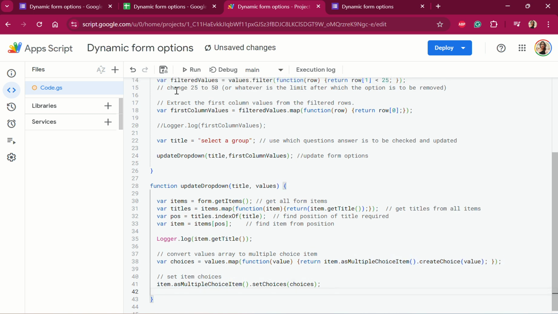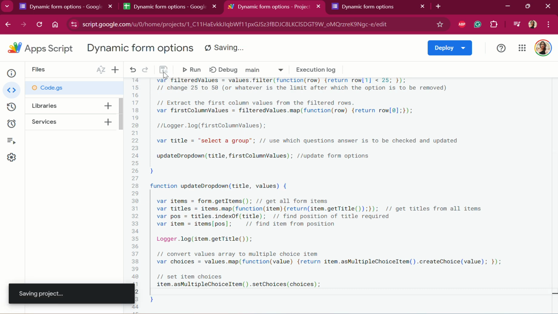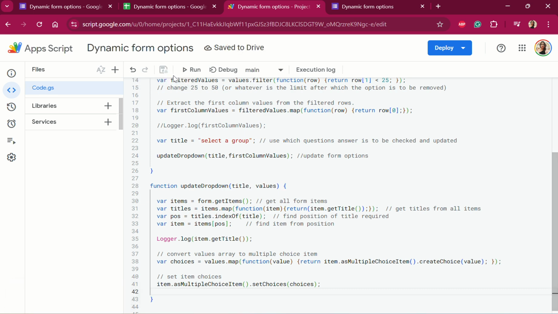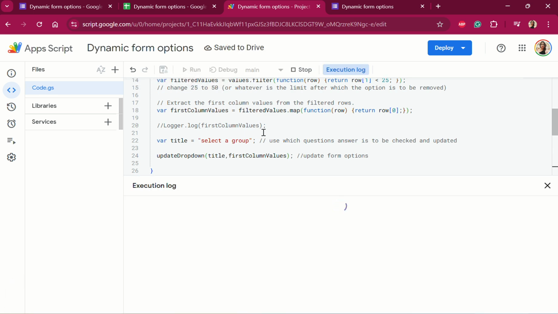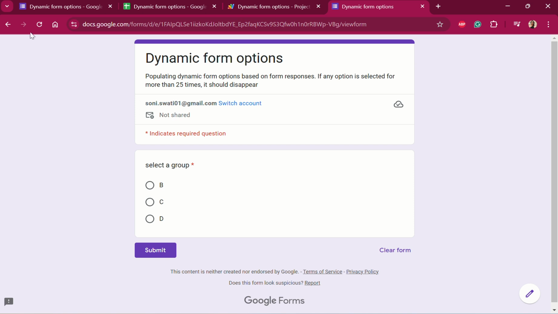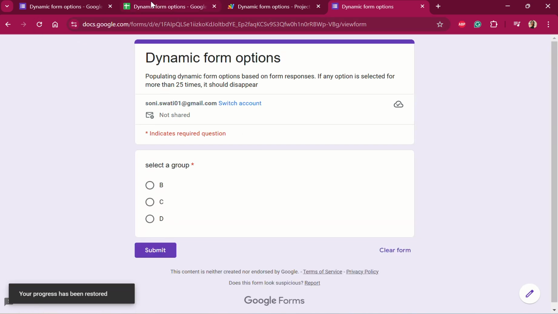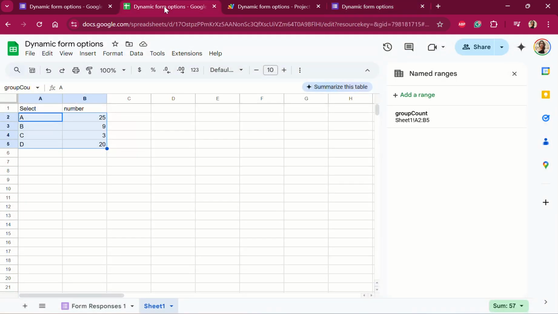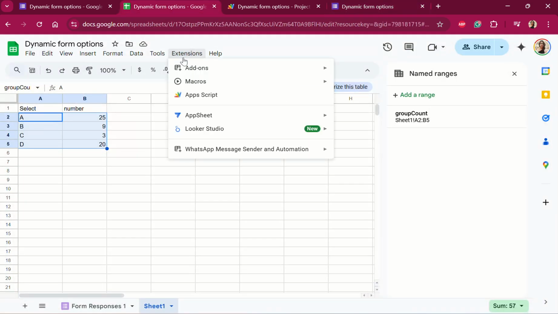Now we save this and we run it. We can see that we have these three options. Going back to my script,